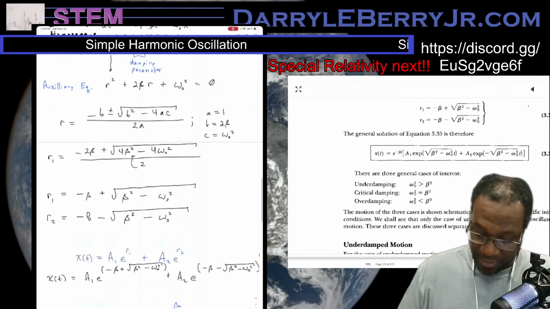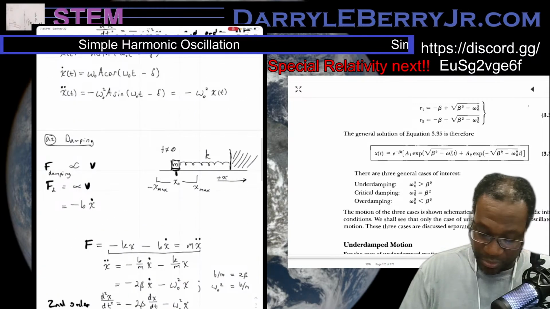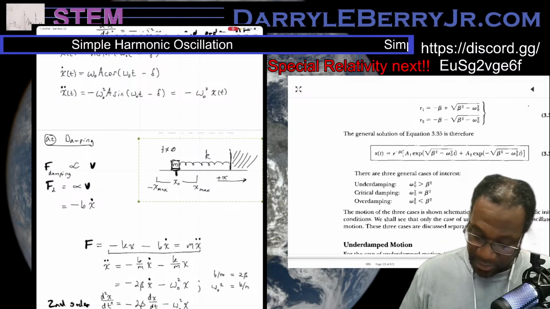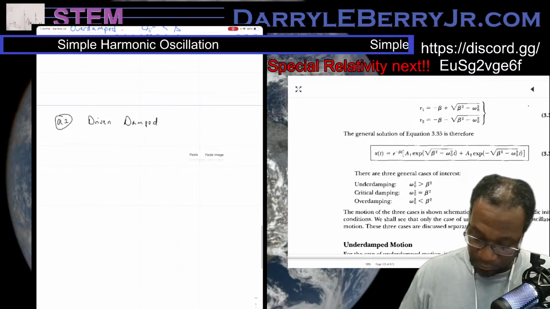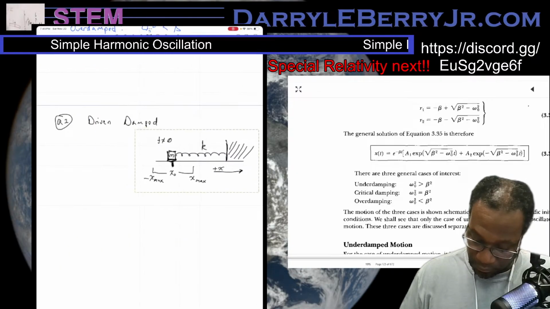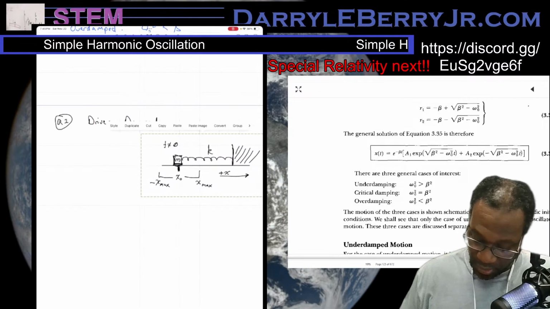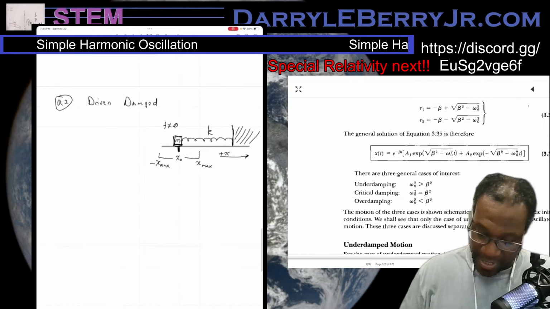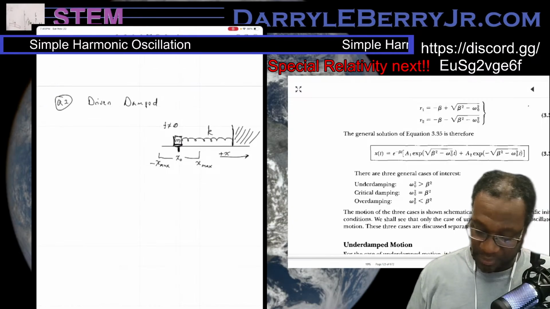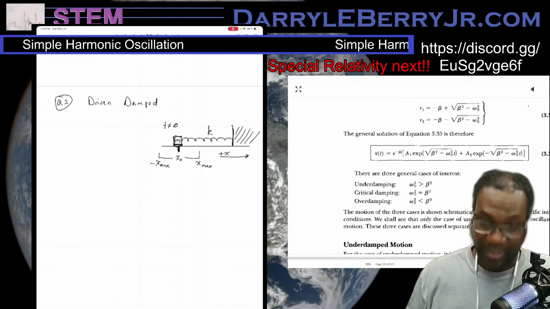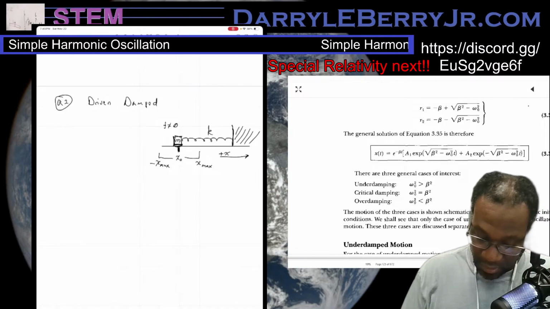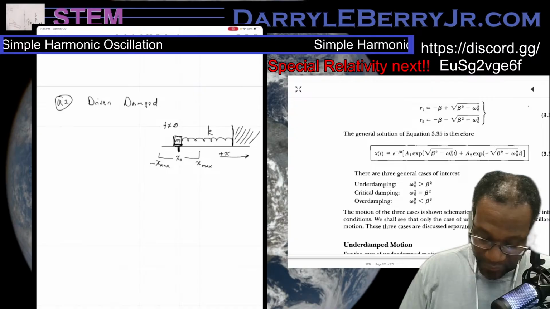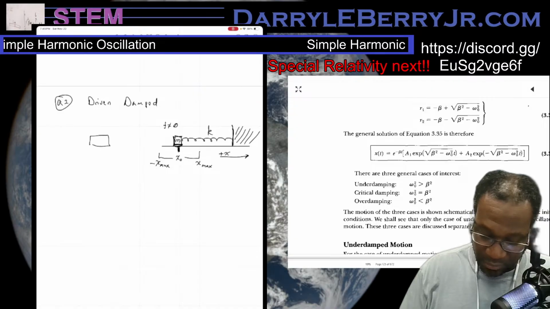So if I were to copy this illustration down one last time, we can say not only do we have the friction not equal to zero, not only do we have our K, our spring constant giving us a restoring force, let's say that we also have a machine